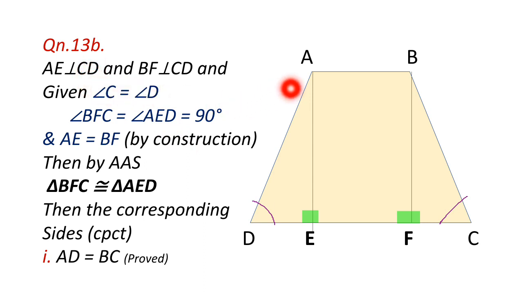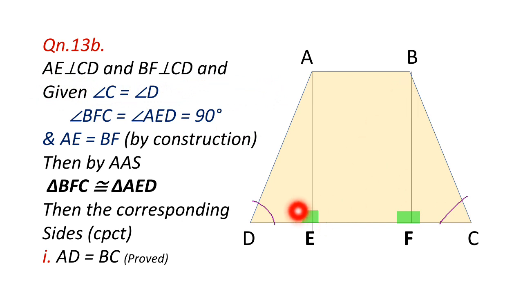Here we have this figure, and in this figure it is said that AB is parallel to DC. Those two lines are parallel to one another, and a hint is given. Whatever we have to prove, the hint is that we draw two perpendiculars, AE and BF, on this base DC, that is CD. So AE is perpendicular on CD, and BF is perpendicular on CD. Those are the perpendiculars drawn.